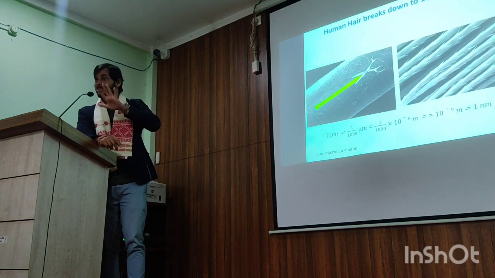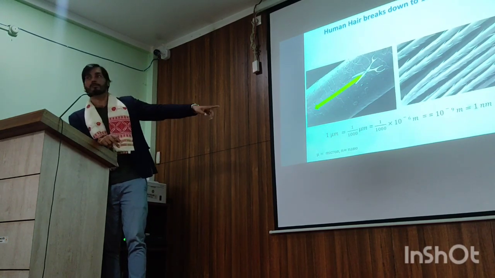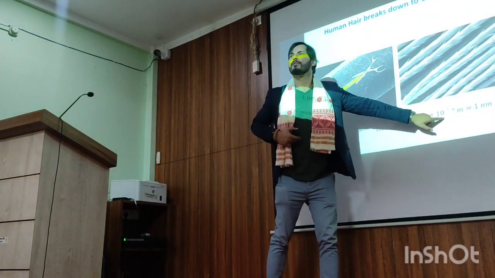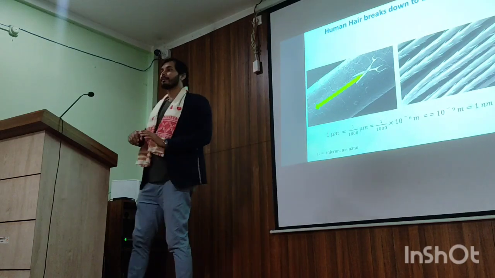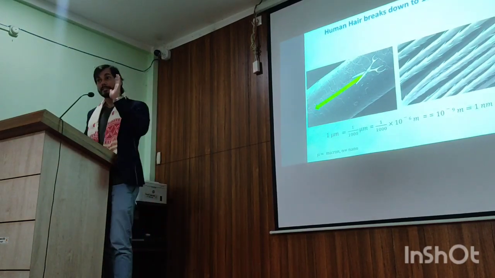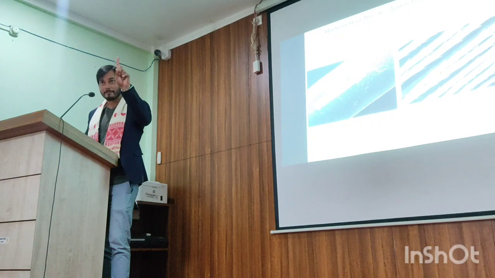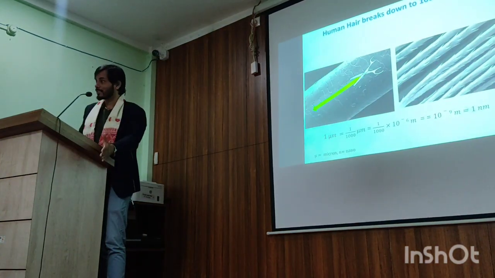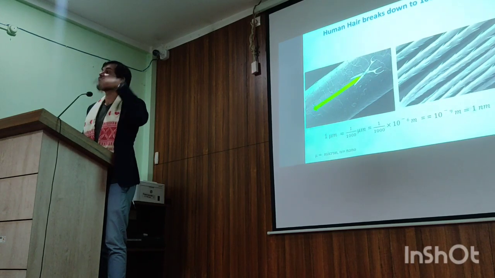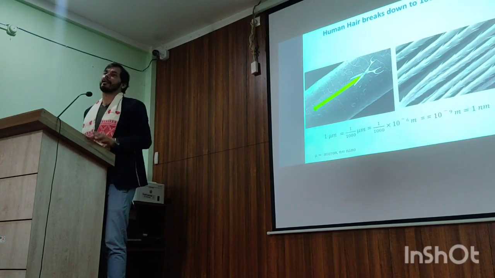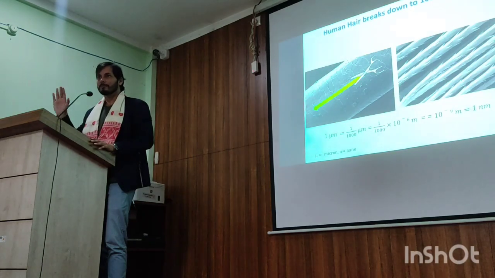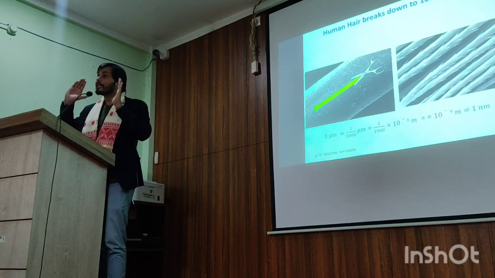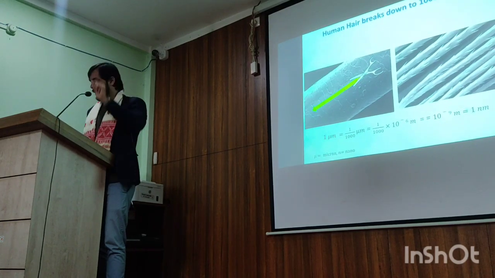Now if you do the mathematics, a simple mathematics, since you are a physics student, I will not spend much of the time. You do a simple mathematics, 1 micron divided by 1000. This is 10 to the power minus 9 meter. Now if you realize, one human hair is in micron. You cut that human hair into 1000 pieces. That one small piece is in the range of 1 nanometer. If you have 1 nanometer, visualize it. So just imagine we are actually dealing with that small. That world is known as nano world.